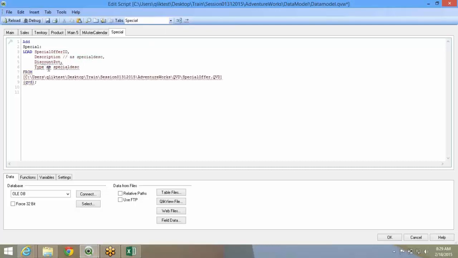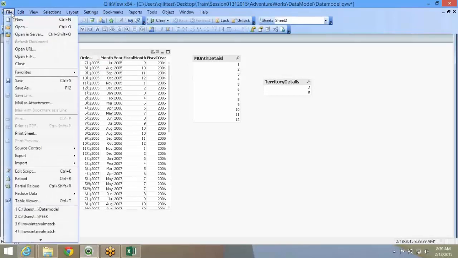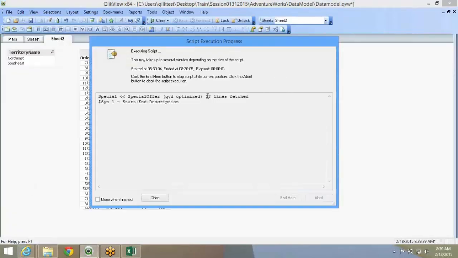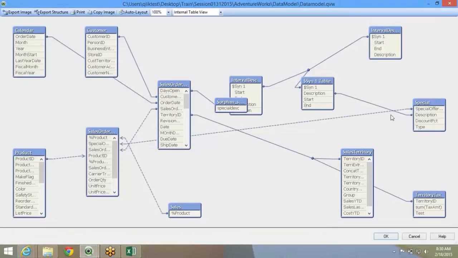First let me demonstrate, then I will discuss this. I do a partial reload. It just added 16 plus 16 and made it a 32-record table.